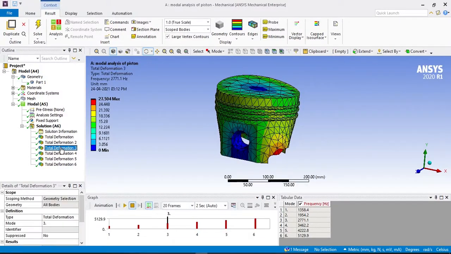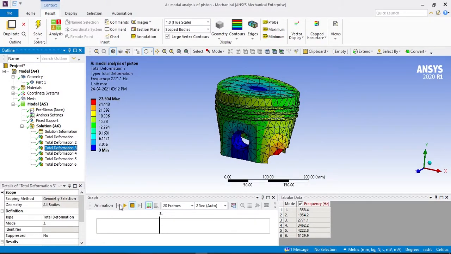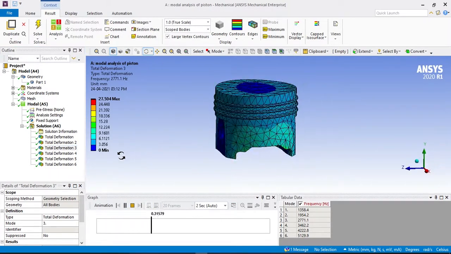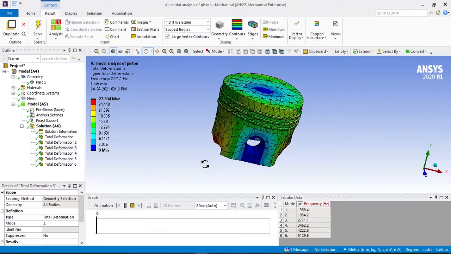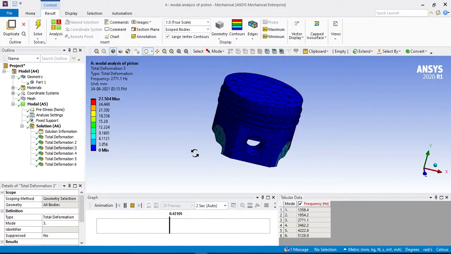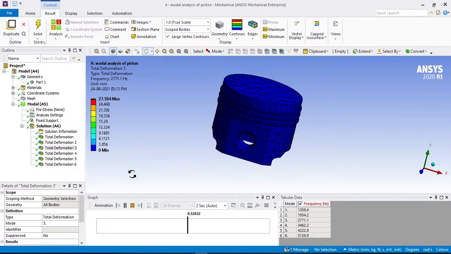Now click for total deformation 3. It will show the excitation. This excitation is for 2771.1 Hz. At this frequency, our piston will behave like this.